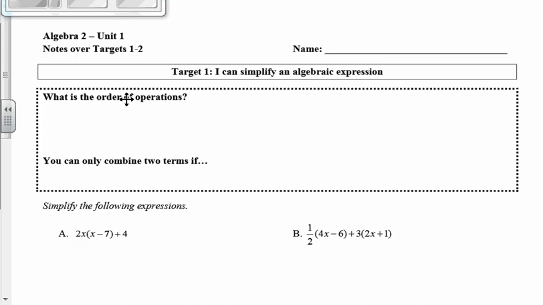We're just going to be combining like terms. In order to do that, we have to know the order of operations. There's lots of ways to remember it. A lot of students usually use PEMDAS, but I also have heard, please excuse my dear Aunt Sally, but we need to know what that means. So P, if we're talking about PEMDAS,